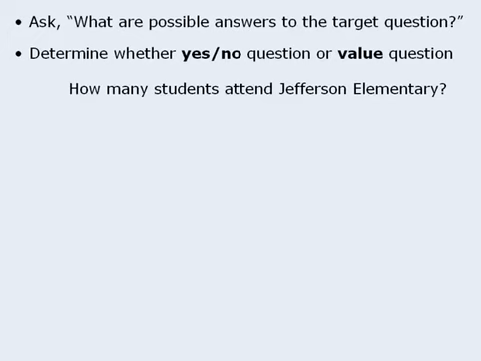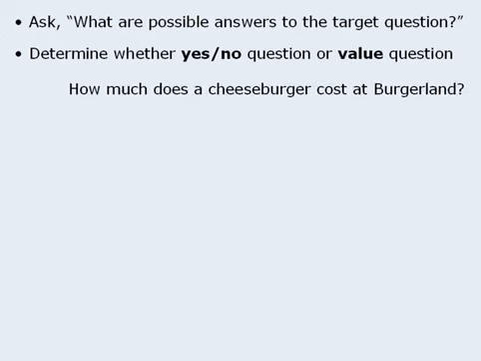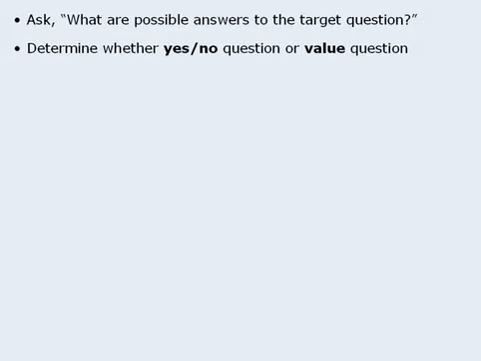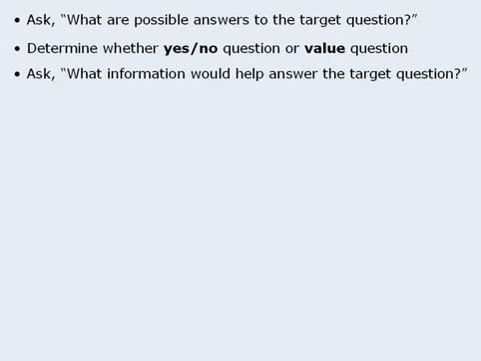So in order for a statement to be sufficient, it must provide enough information to narrow the range of possible answers down to just one answer. The target question, how much does a cheeseburger cost at Burgerland, is another example of a value question. Another strategy to consider when tackling data sufficiency questions is to ask what information would help answer the target question. By considering information that would help answer the target question, you may gain some insight into what statements would be